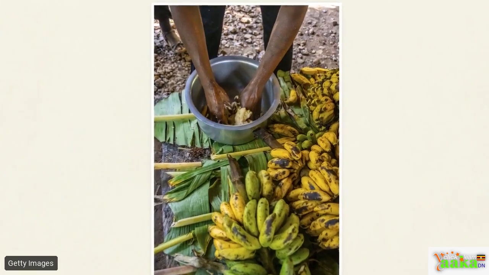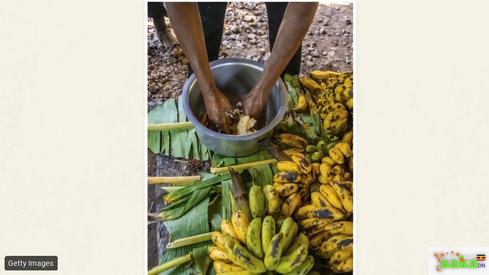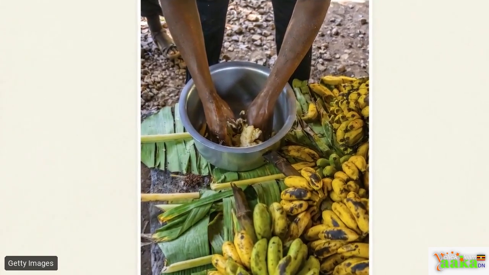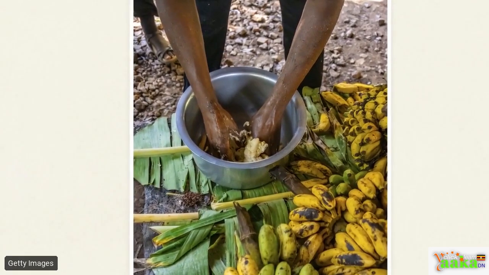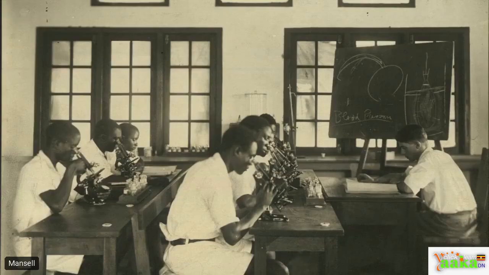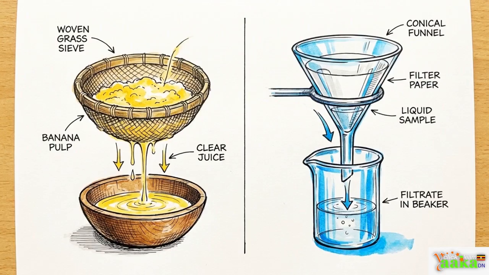When a local brewer uses grass to filter omubisi to extract clear banana juice, they are putting experimental chemistry into practice. Move from the village to a formal laboratory, and you find scientists relying on the exact same principles to isolate and test new medicines. Whether at home or in a modern facility, experimental chemistry is simply the controlled process of safely separating and purifying